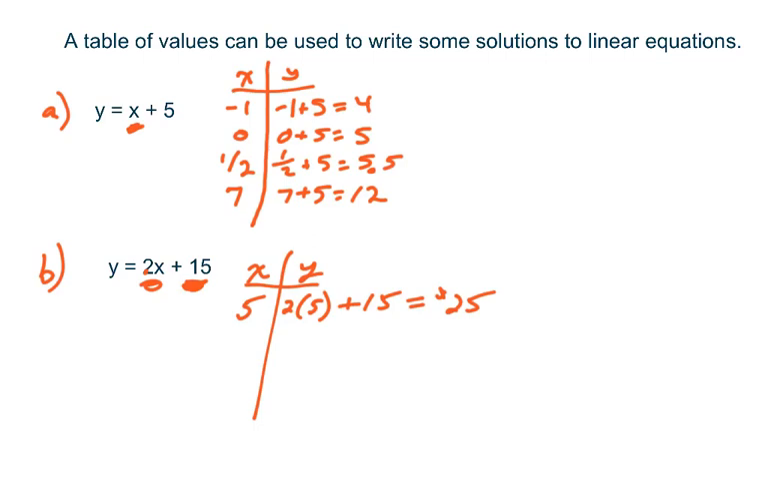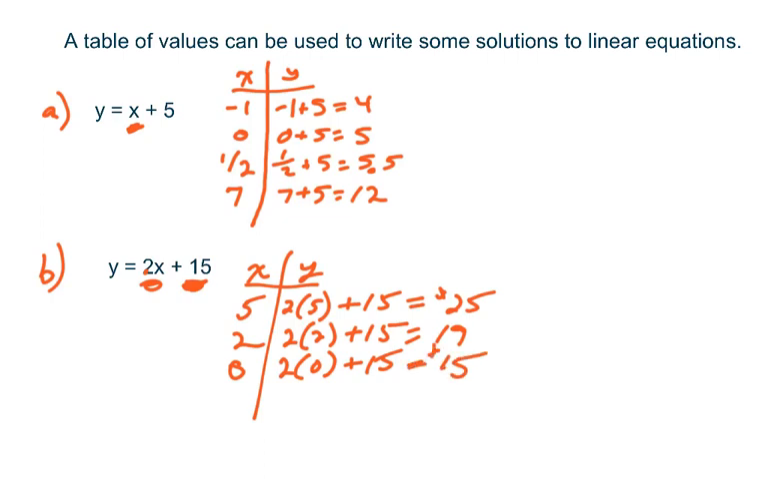Okay, let's do 2 toppings. So 2 times 2 is 4, plus 15 is 19. How about 0 toppings? So that's 2 times 0 is 0. 0 plus 15 is 15. So that's the cost of the cheese pizza. So that should make sense. And then let's say for whatever reason you decide you want 10 toppings. So 2 times 10 is 20. 20 plus 15 is